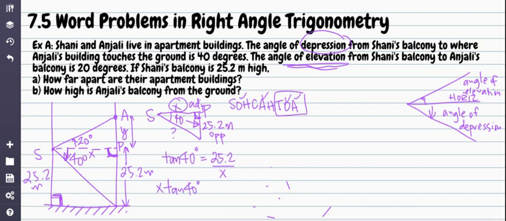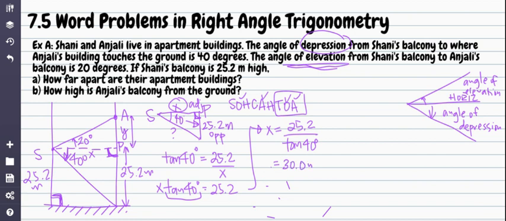Remember, tan 40 degrees is one thing. You can't separate the tan and the 40. They go together. And now I want to get rid of this tan 40. These are multiplied together, so I'm going to divide on the other side. X equals 25.2 divided by tan 40 degrees. Like that. Okay, use your calculator and you will get